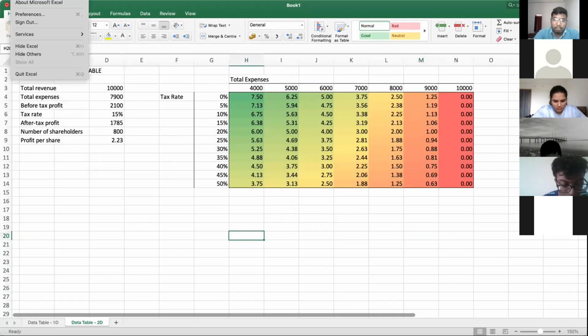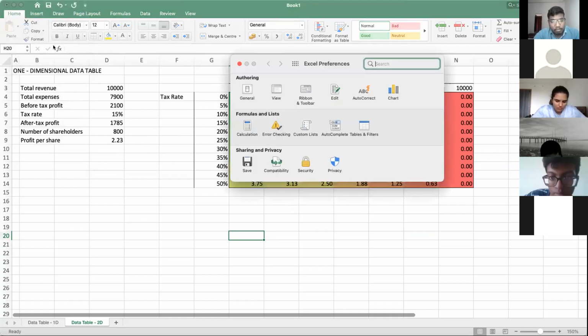I will click Excel in Mac. Can you see the drop down? Yes, sir. Which one is highlighted? Preferences. Now we should go to